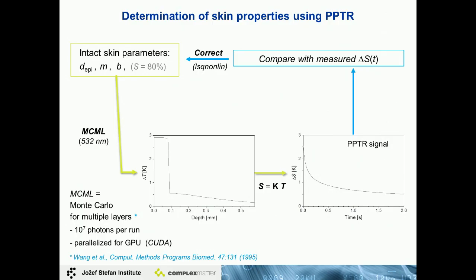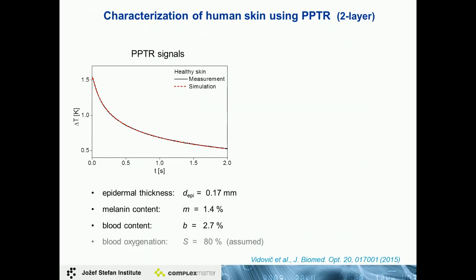I'm not going to defend this. This is just the first step in our thought process. So I just wanted to illustrate that we can get here a very nice match with the data. So the black is measurement, the red is best fitting simulation